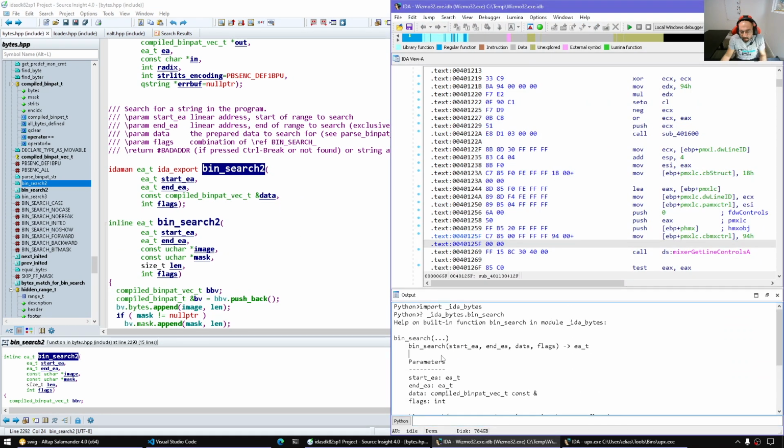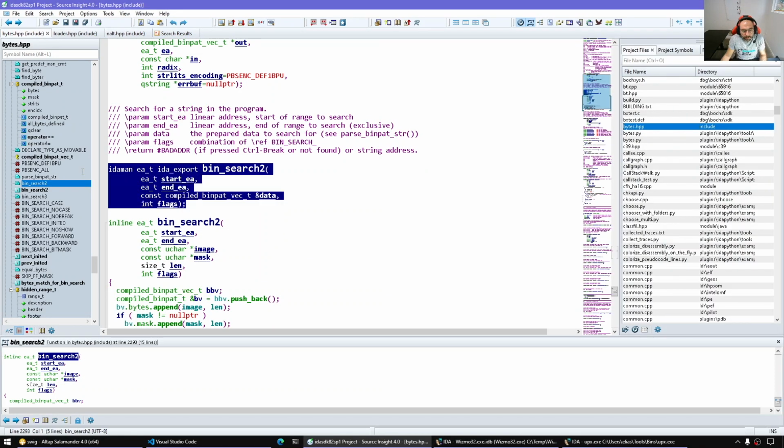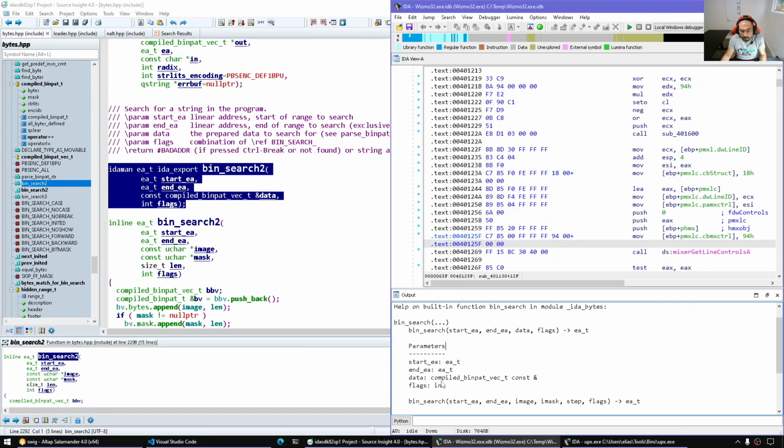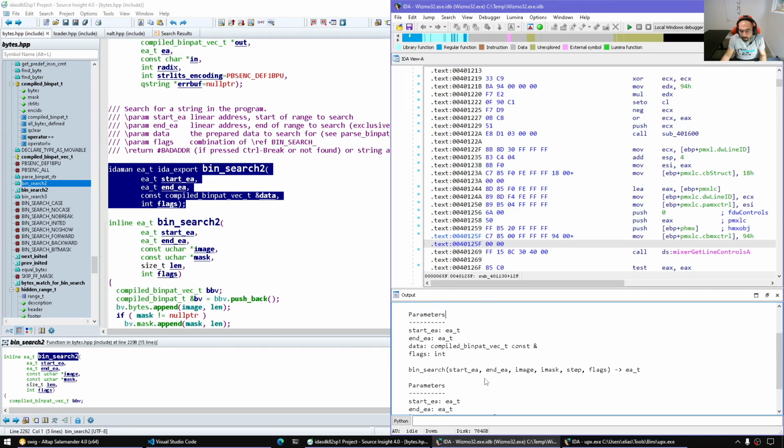So here we have bin search. This is one implementation, and it takes the compiled binary pattern vector,